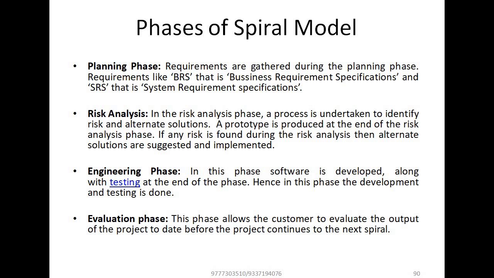So this is one type of risk. I can give a promise to the client side that my software is completed within a 2-month period of time, but due to lack of personnel, my project development may increase to 4-month to 6-month time. So that is one type of risk. We will discuss, if any type of risk arises in the spiral model, then alternate solutions are suggested and that will be implemented. We will discuss how to handle the risk, how to manage the risk in a future topic.